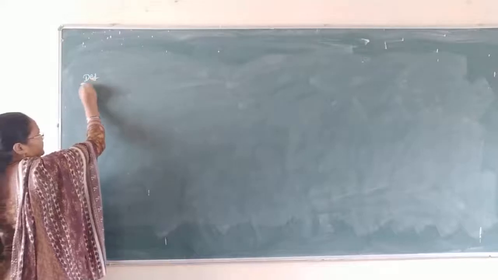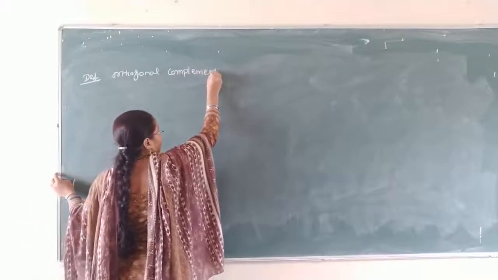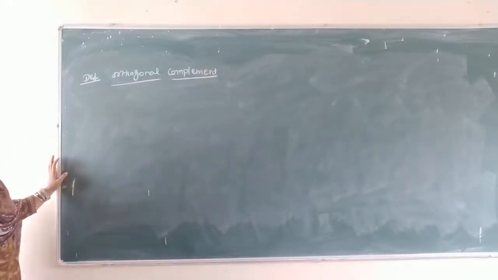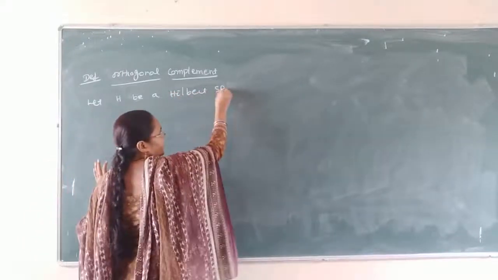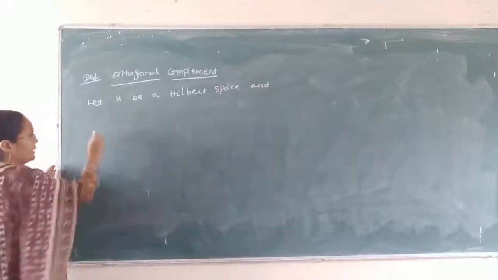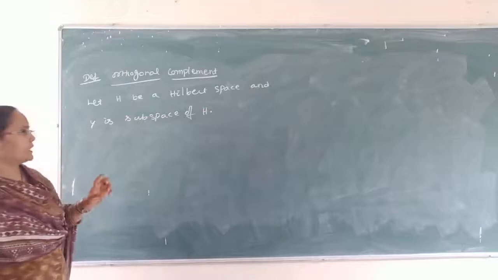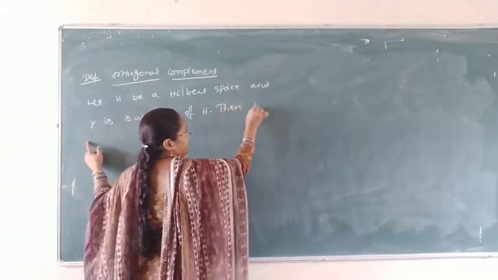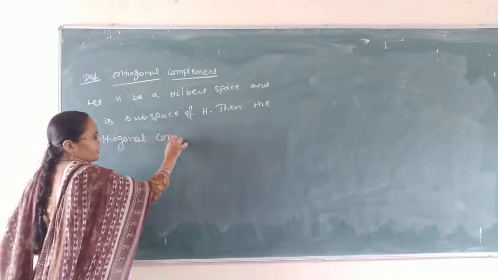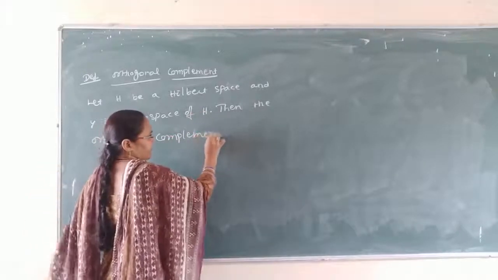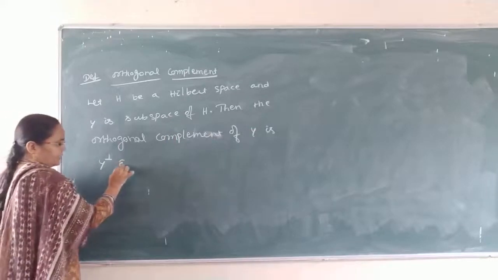Our next definition, orthogonal complement. So here H is the Hilbert space and Y is the subspace of H. So let H be a Hilbert space and Y is a subspace of H. Then the orthogonal complement of this Y is, so then the orthogonal complement of Y is, symbolic representation Y orthogonal complement, and defined as